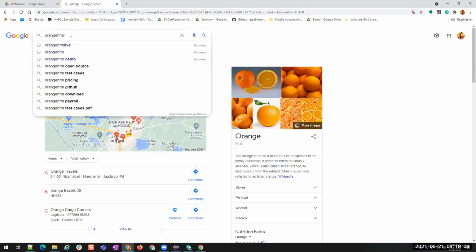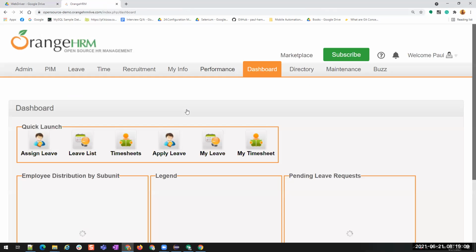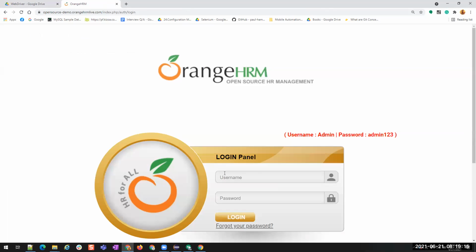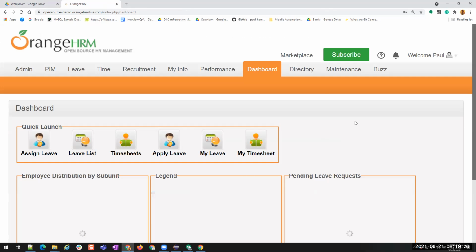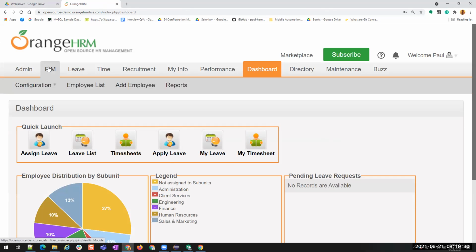I'm doing some operations, and when I click on Orange HRM, I want to enter the username directly, but it is taking a little time to load. When I clicked on logout, it takes a little time to load. Let me give the username and password and click on login. Now you see it takes a little time to load. It is faster, but sometimes it takes a little time.